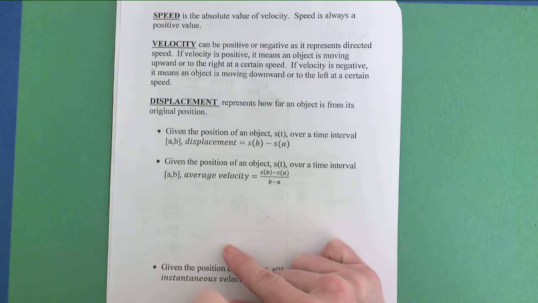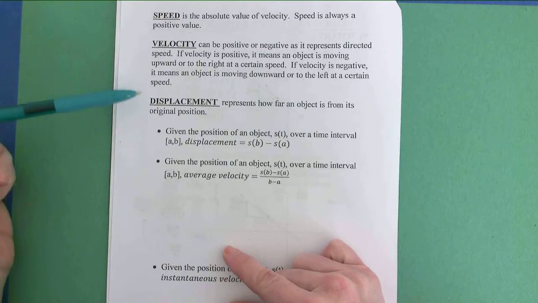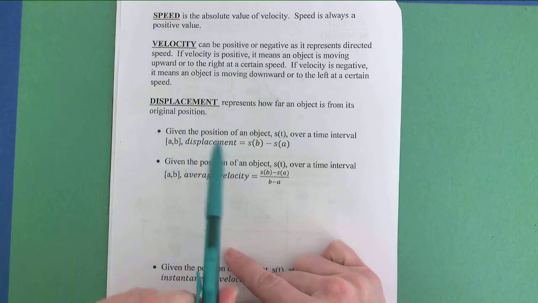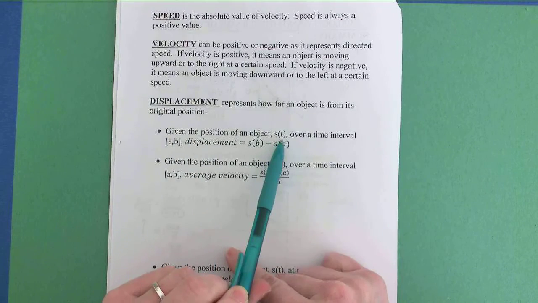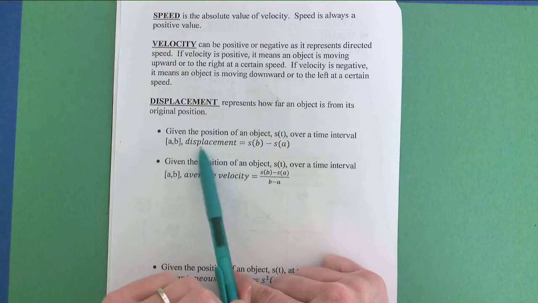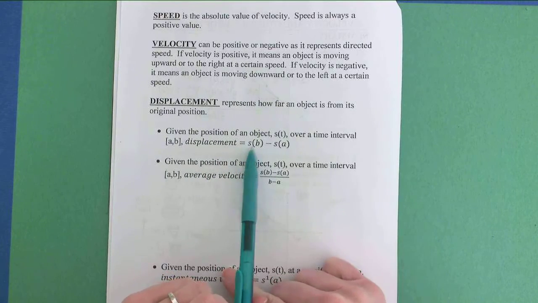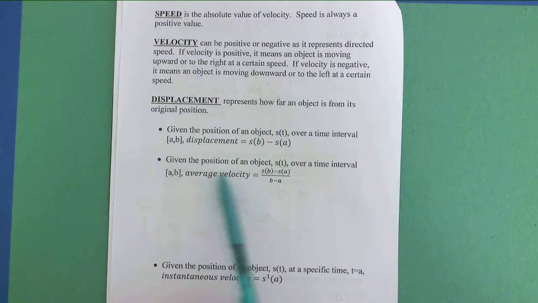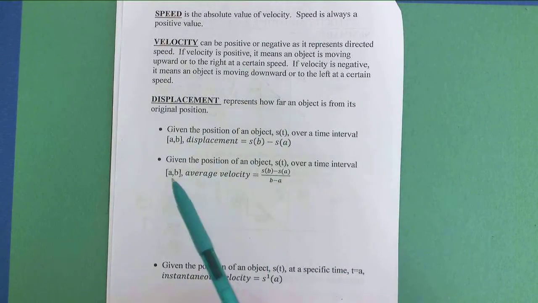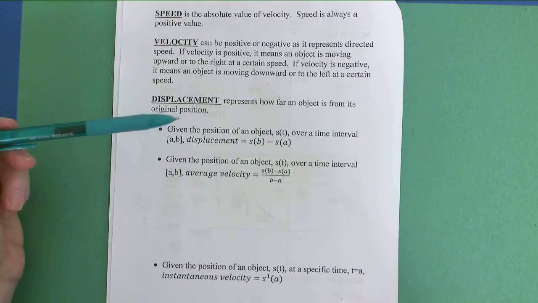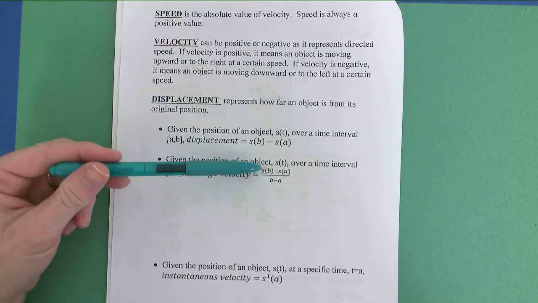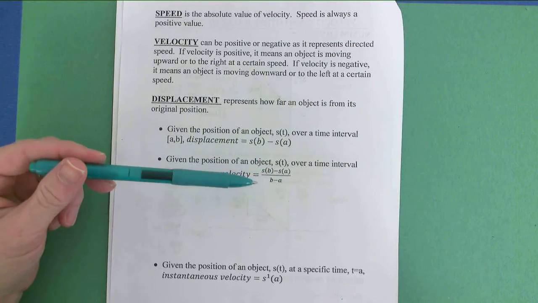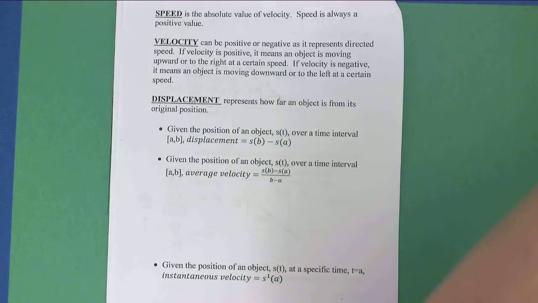This might be a new word, displacement. Displacement represents how far an object is from its original position. And I have two formulas here for you. Given the position of an object, s of t, over a time interval from A to B, the displacement of that object is position at time B minus position at time A. And also, if you're given the position of an object, s of t, over a time interval A to B, the average velocity of that object is given by s of b minus s of a all over b minus a. And I can give you a visual on that if we draw